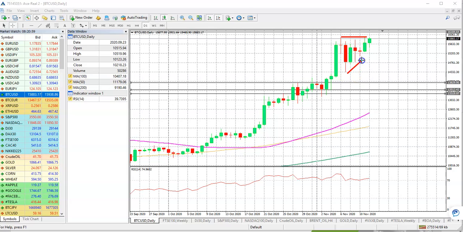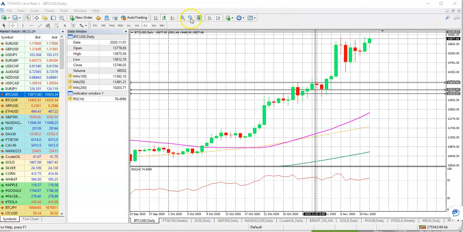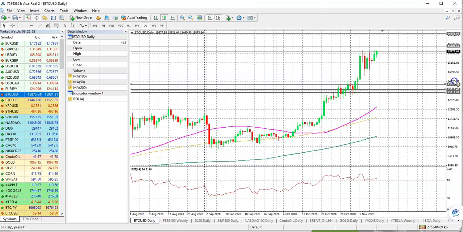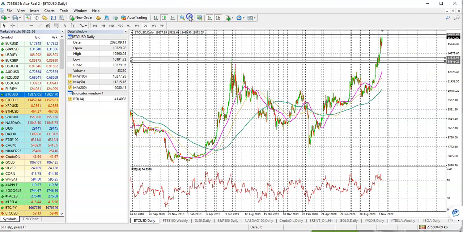So this was pretty much the pattern that we are really looking at, which is an ascending triangle, and let's just say a flag sort of pattern as well, and they tend to move to the break to the upside. Meaning if the price does break to the upside, we could easily see this particular price action going much higher than this sell zone area, which we've discussed in our